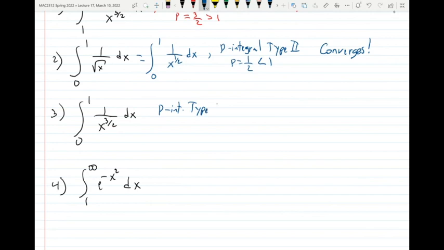P integral type 2 with P equals 3/2. This time this is bigger than 1. And in the type 2 case, we know it diverges, right? Good. Questions? For example, the one that we introduced, remember when we introduced these ideas, we used 1 over x squared,